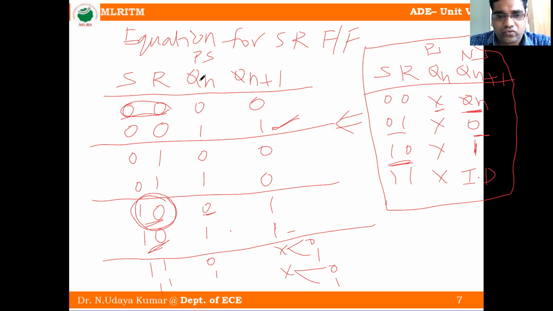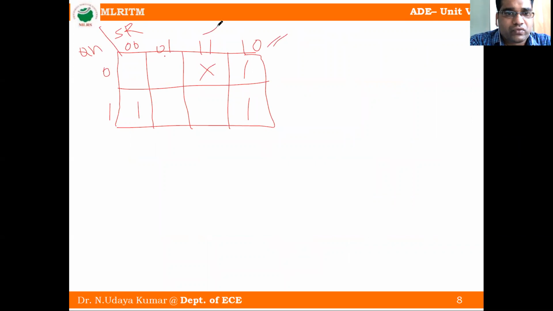So this is SR is equal to 1, 1, Qn is equal to 1 means this box. So we will get don't care. Now we will map. How to map here? Don't care. It is 4 square boxes. 2 square boxes are don't cares and 1, 1 means we will map like this. Then we will get which expression. So here 1, 1, 1, 0. Which one is common? S is the common. Then we will map adjacent square boxes, this one and this one.